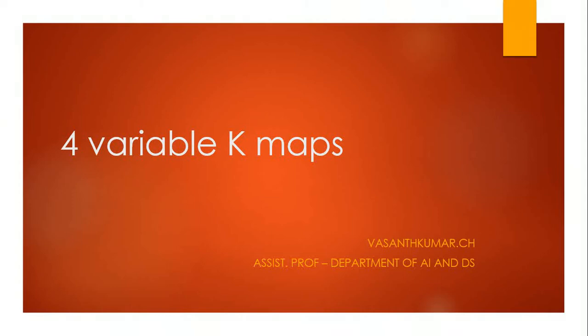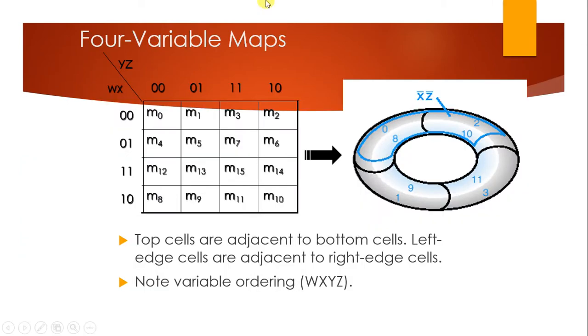Variable K map, okay, there are certain attributes that we have to look at and follow in order to check combinations of 4 variables, that is 16 outputs, right? So in 4 variable K maps, let us assume we have 4 variables, that is w, x and y, z. For example, I have just taken.